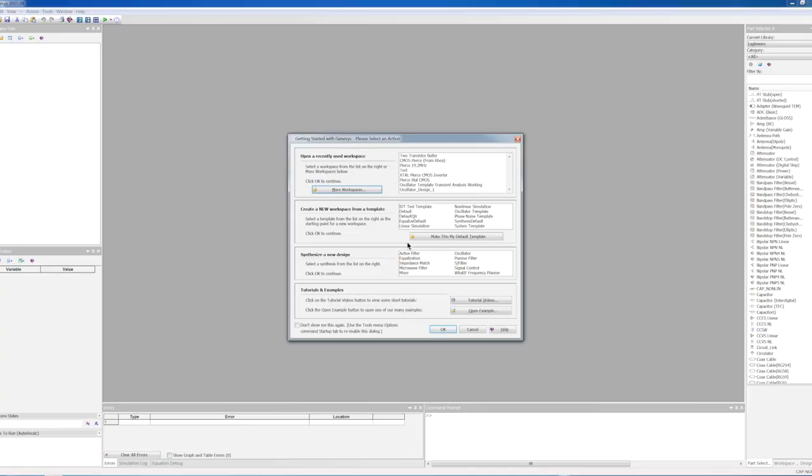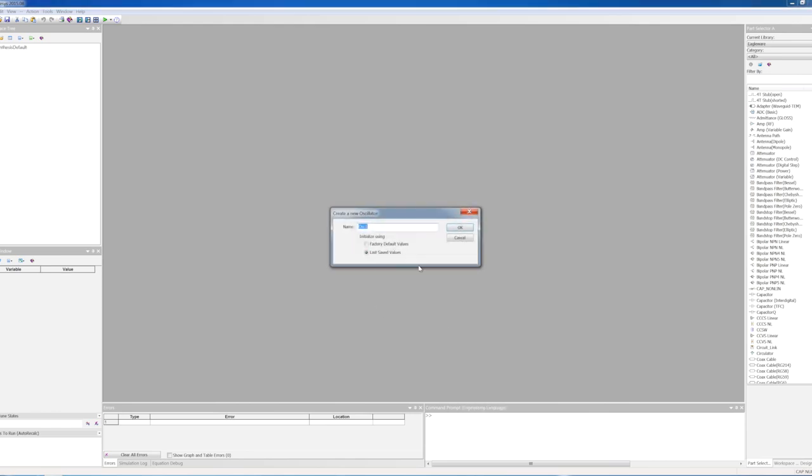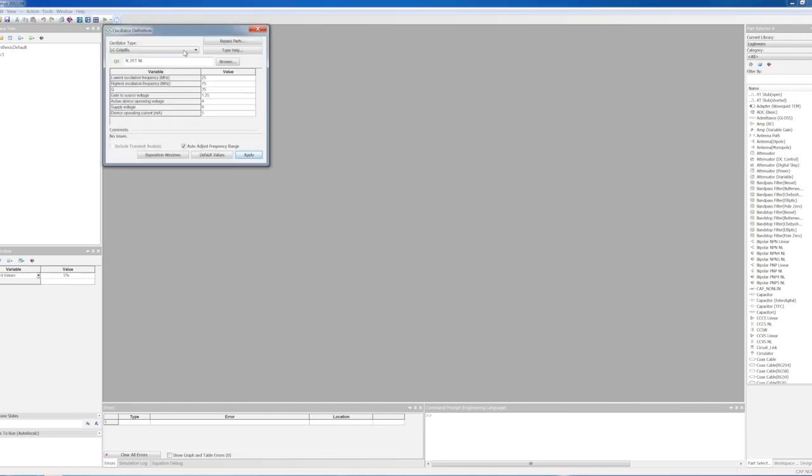And to do that, I'm going to be using Genesys, which is not really a piece of software that's within the typical hobbyist budget, but I've got a 30-day trial to it, so I thought I'd kick the tires and see what it can do. So I'm going to synthesize a new oscillator design, and we'll take the factory defaults, sure. And I'm going to pick a crystal Pierce oscillator here and stick in the frequency that I want to run it at,